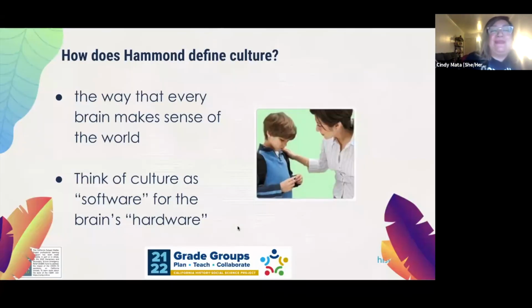So Zaretta Hammond defines culture as the way our brain makes sense of the world. She asks us to think of culture as the software for our brain's hardware. So everything that we take in, we're filtering through our different levels of culture. And so just as a quick example, the image here is showing that child not looking directly into the adult's eyes. And I think that's an easy example that I often have engaged in the classroom, where I would be trying to